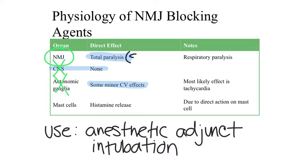The potential problematic effect of total muscle paralysis, however, is that there can be respiratory paralysis, where the respiratory muscles surrounding the lungs become fully paralyzed and the individual becomes incapable of breathing. Therefore, these agents typically need to be used with some sort of artificial respiration or used at a concentration that does not produce respiratory paralysis. Those aspects of these drugs would be discussed whenever they come across in a clinical situation during a therapeutics or